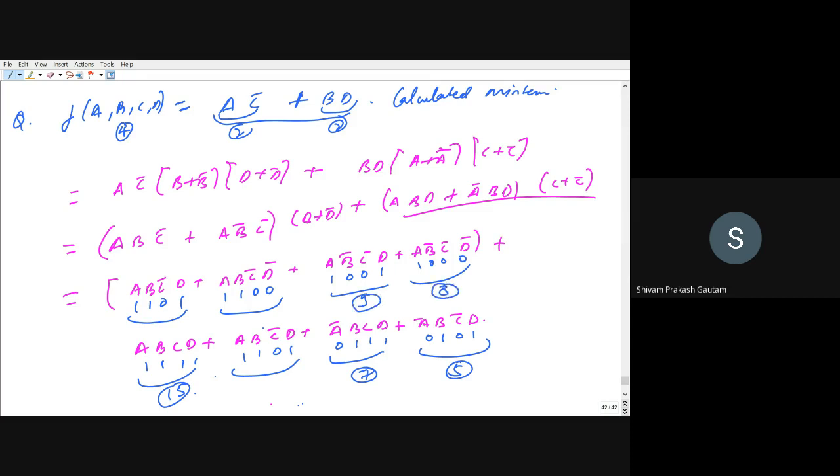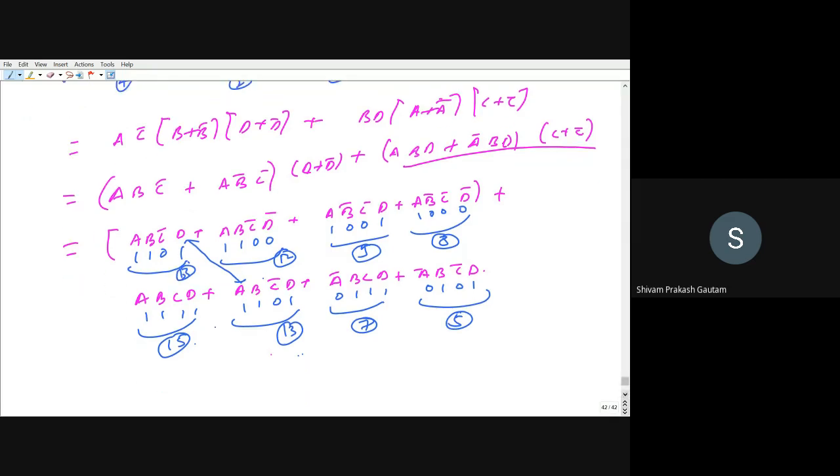And so both of these are equal. You can see both of these are equal. That is 1, 0, 0, 1. So I think this is 12. Let me know if I'm wrong. So this is 12. This is 13, right? So, and this is again 13. So this is 13 min term is redundant. You can see. So we will only count 13 as one only.